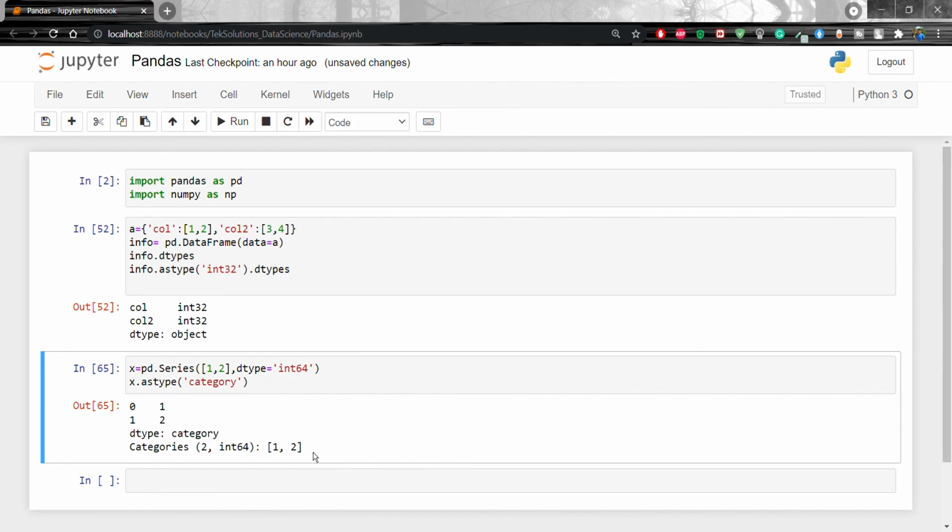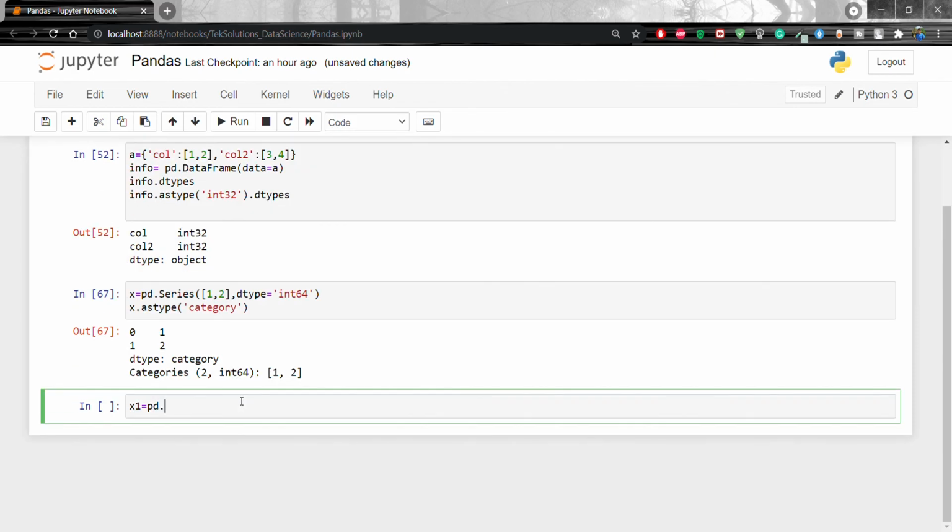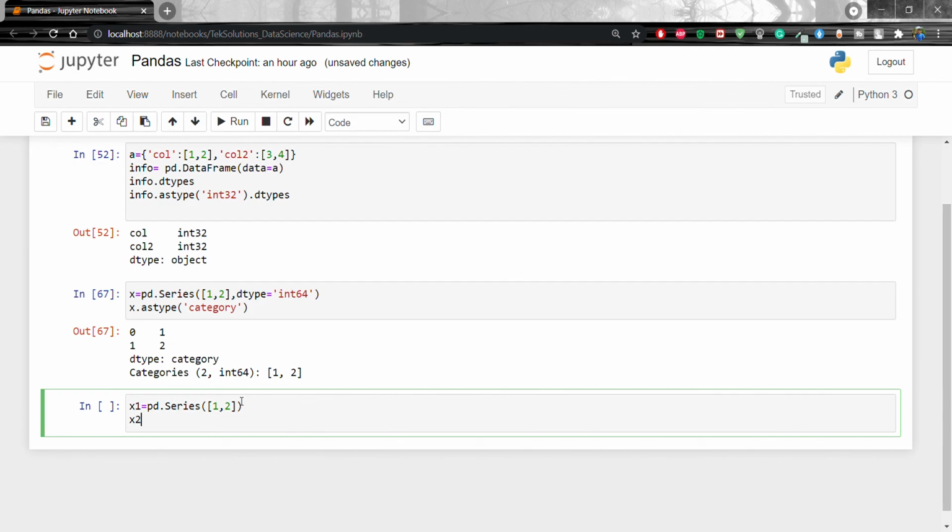Another example, copy. For that I am going to create a series, pd.Series, x1 with 1, 2, and x2, which we are going to copy from x1 using astype with integer 64, and copy equal to false. That is very important.